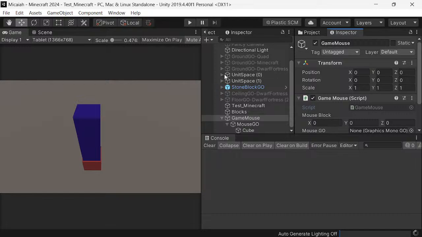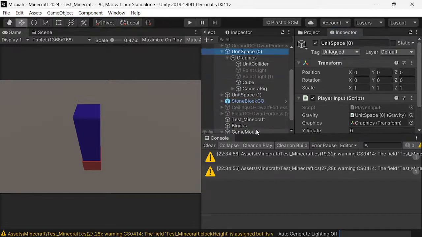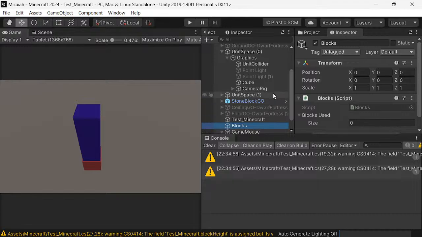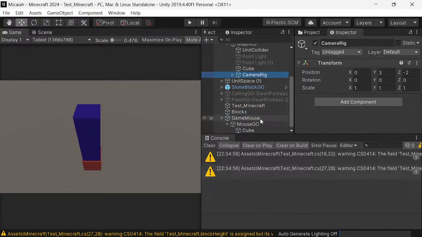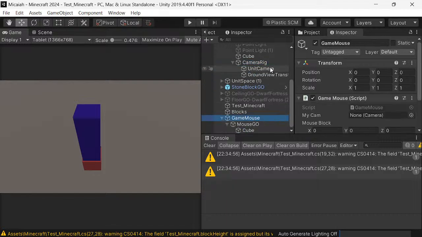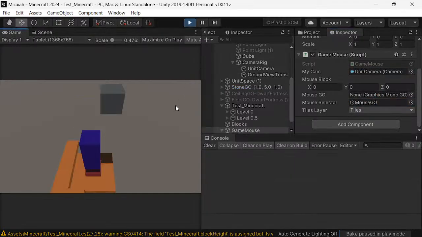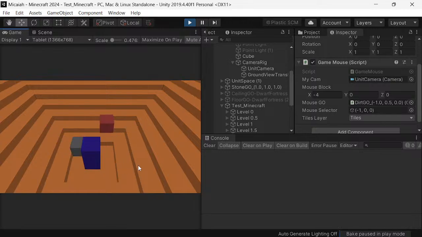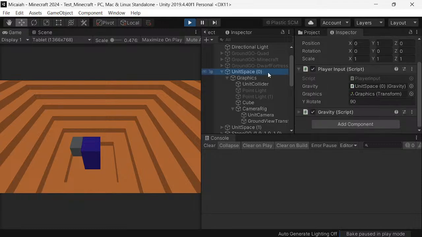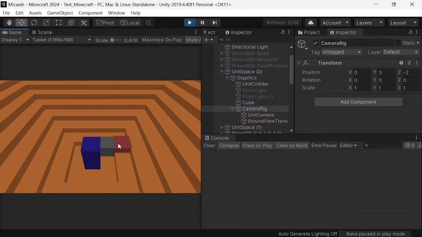And we're going to have to actually register cameras and all sorts of stuff down the line. But right now, we're just trying to get the camera, oh, game mouse camera rig. Wow. We're trying to get the unit camera out of here, which is the player unit camera. Yeah, no, wow. Because the camera rig is, yeah, so we're good here, but when the camera is rotating, it's not doing